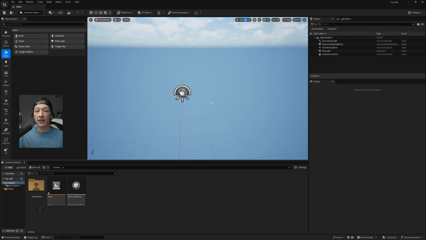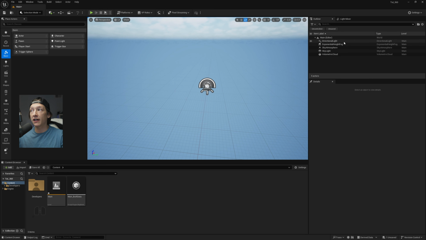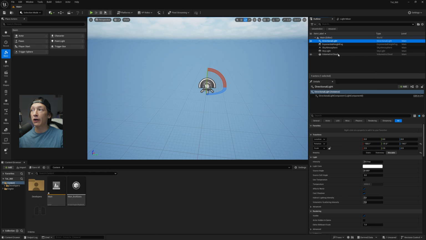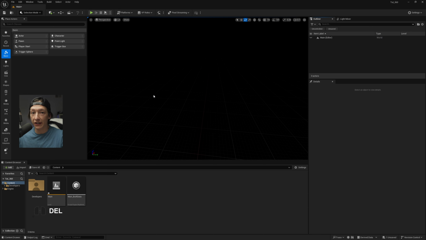Let's go to Unreal. In Unreal, you might have a starting scene that kind of looks like this. We're going to be working in the main level today, and if you have anything in your outliner, just go ahead and select it all and delete it. We don't want it right now. So what we're first going to do is hit Control Shift S to save our project,